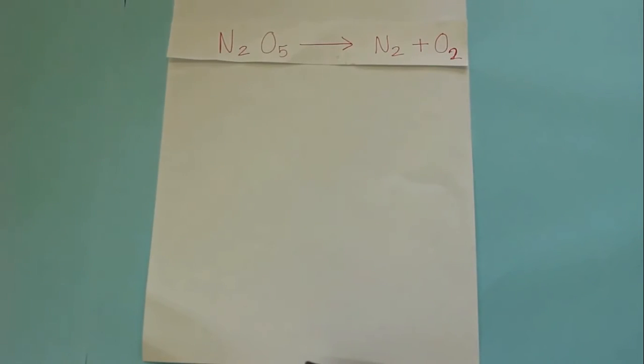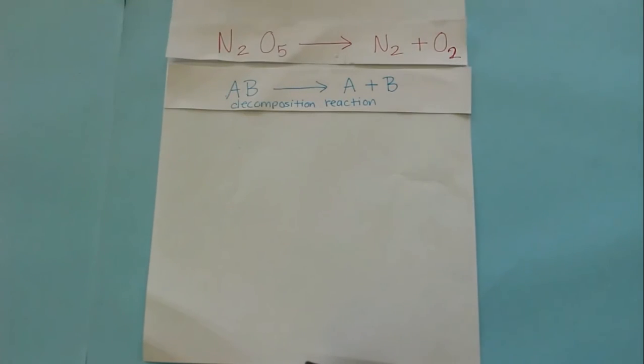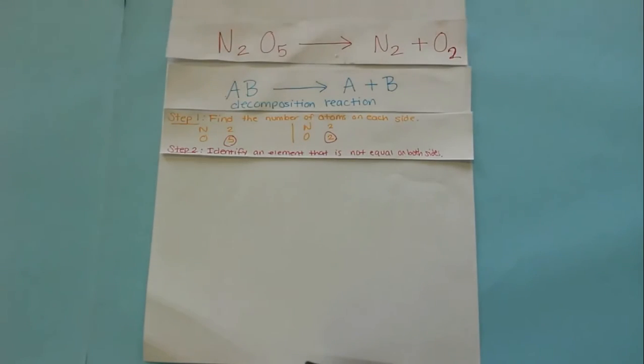Alright, and our second example, we have N2O5 yields N2 plus O2. And this is a decomposition reaction because it breaks down into 2 or more products. Step 1 says find the number of atoms on each side. Again, oxygen is not equal on both sides because we have 5 oxygens on the reactant side and 2 oxygens on the product side. Alright, and in order to fix that,